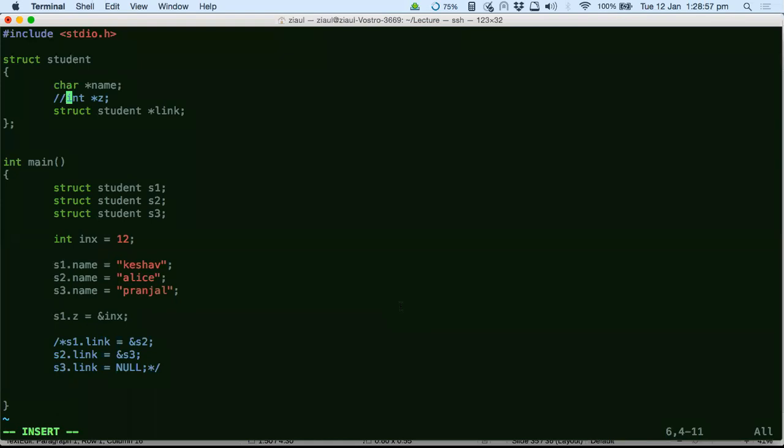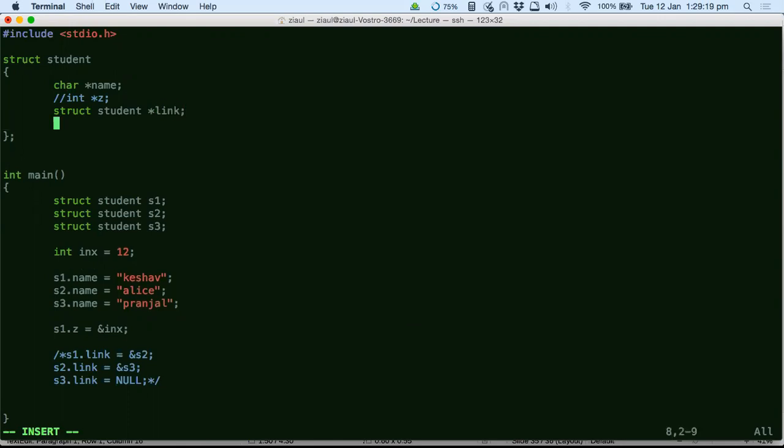Over here we're using struct student star link to declare a pointer type variable, right? But instead, if we want to create a variable of the type struct student, and there are more data types under that struct student, will it include those also? Yes, it will include everything. But then they haven't been declared by then, right? That's what I told you. Your compiler does not operate in the way you are thinking, that it has read only what it has read till now.